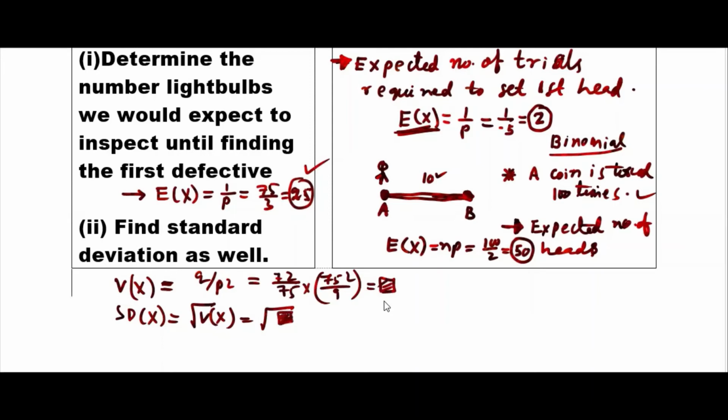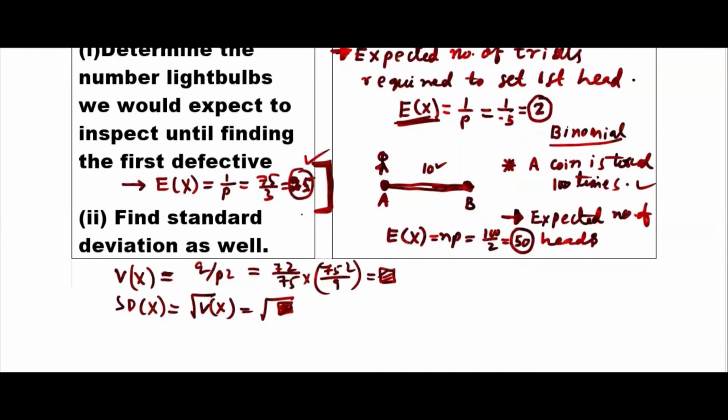You will be able to know the standard deviation. If you are not able to get it in 25, then the deviation, okay, standard deviation. Maybe if it is 5, that means you should get the defective between 20 to 30. Okay, that is standard deviation, not always you will get.